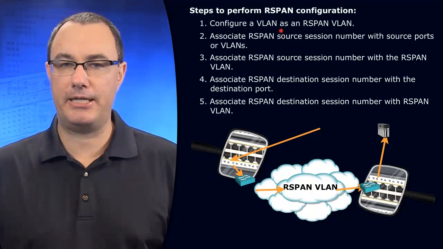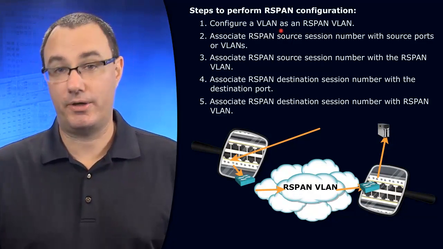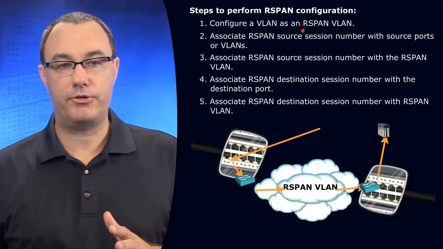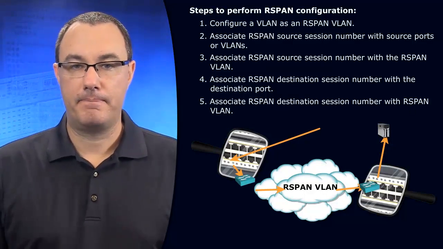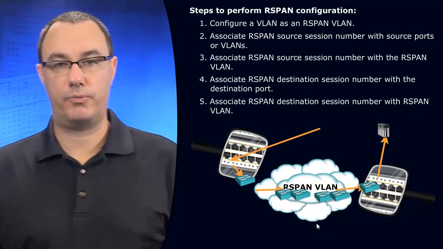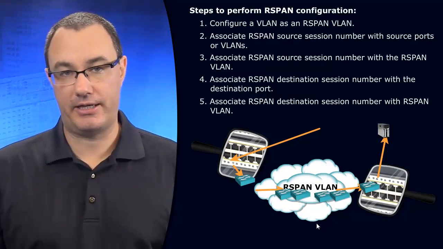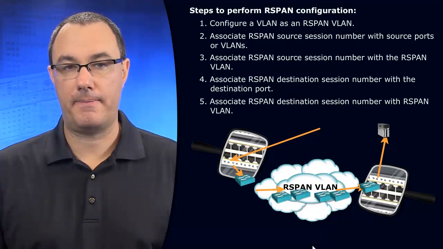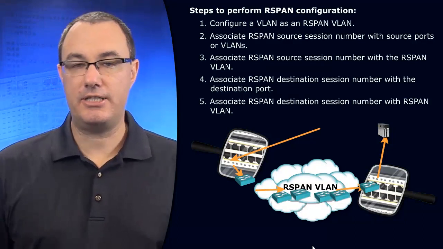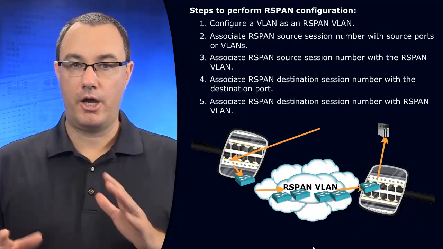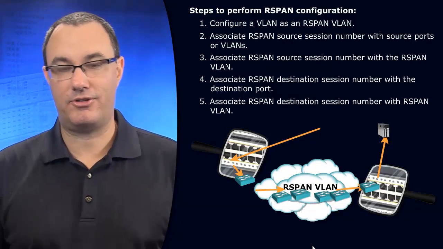Really, the thing that you don't want to forget is you have to define your RSPAN VLANs on all of the switches that are in between. You'd have to do that on all of your switches. That is significant. That is very significant. Okay, let's see these steps 2 through 5, which are associating sources and destinations